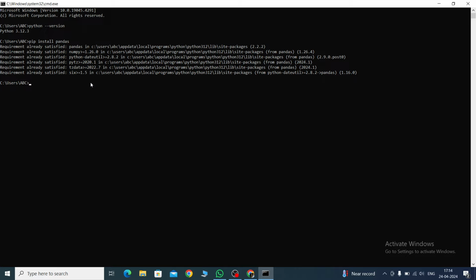So in the run command, in the DOS mode, in the command prompt, you can write pip install pandas. Your pandas will be installed in Python, because pandas is a module and Python is a software. So in the Python software we are installing the module. Like this you can install